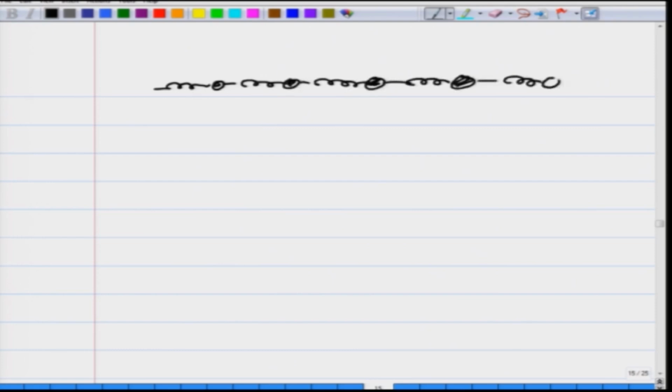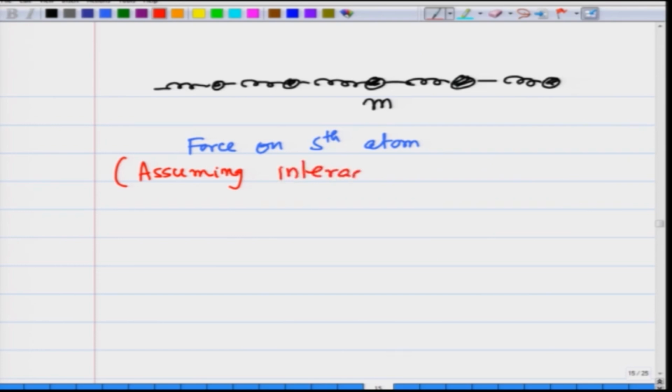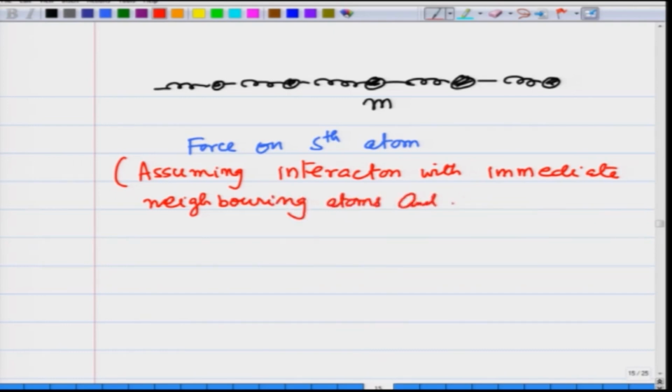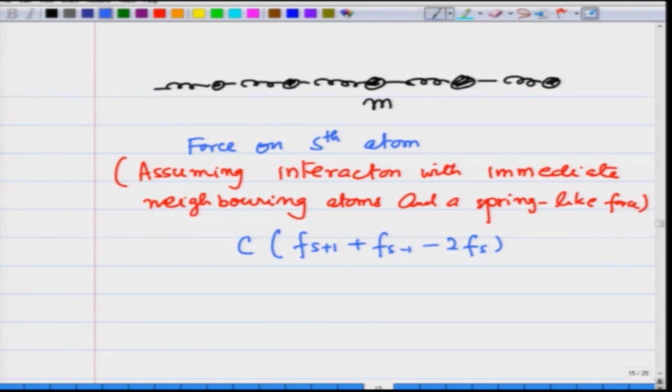We have this one dimensional crystal with each atom with mass m, and we have found the force on the sth atom, and let me write it again, assuming interaction with immediate neighboring atoms and a spring like force. This is the assumption, right. Then the force on the sth atom came out to be some constant, spring constant C, times f_{s+1} plus f_{s-1} minus 2 f_s, and therefore, the equation of motion